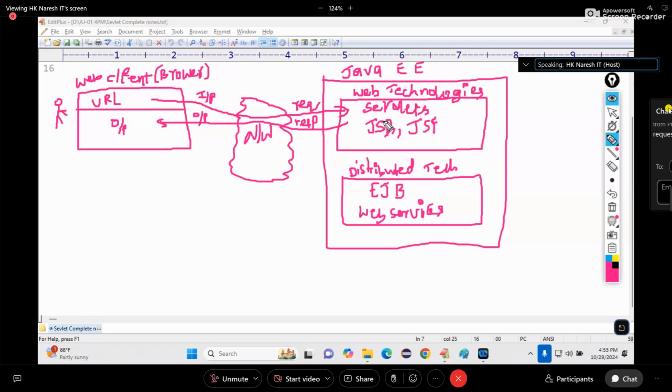Who will execute servlet and JSP? Command prompt? No. Java command? No. Who will execute servlet and JSP program? Web client. Who is the web client? Browser. How? By using servlet class name or by using URL? URL. This URL will be mapped in the background with the servlet class name. How to map? I will explain in the programming part. Is this clear?